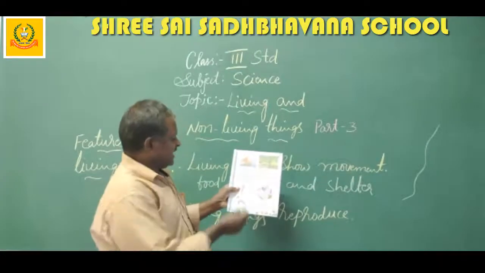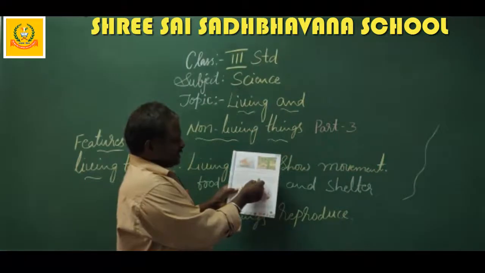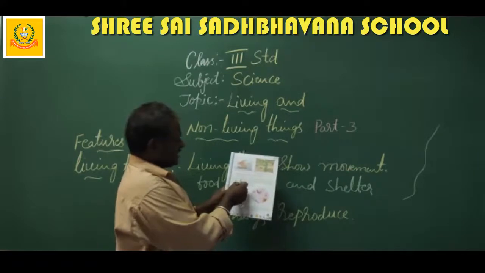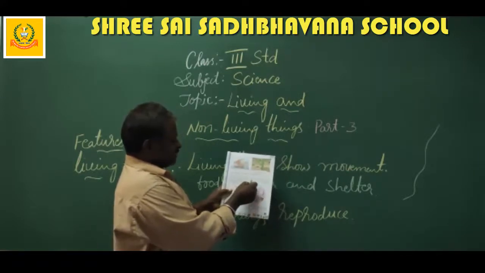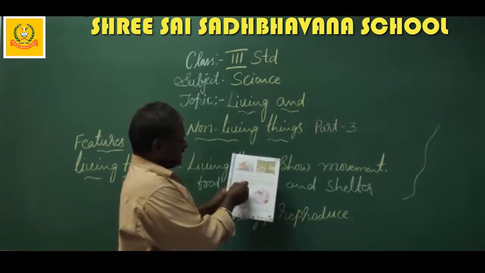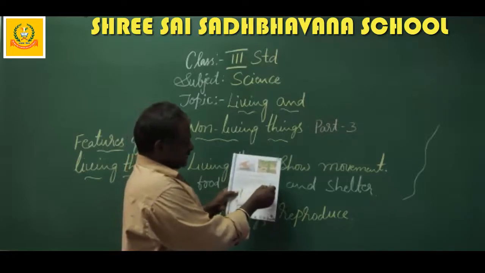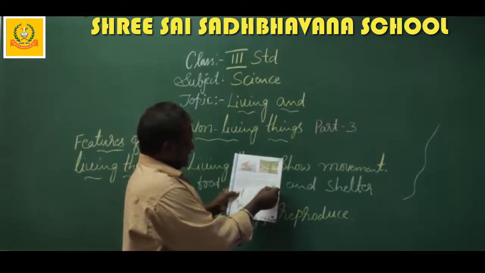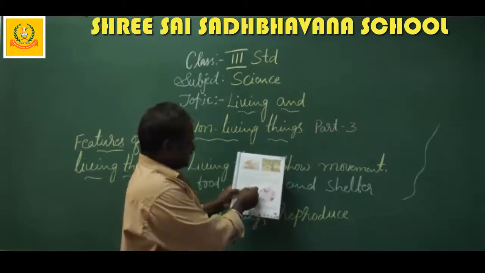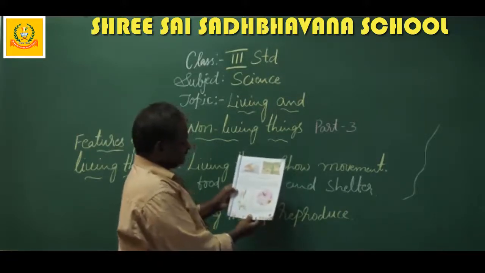Once again I will repeat. Living things have life cycles. So reproduction is an important part of their life. All living things are capable of reproducing their own kind. Human beings and animals like cat, dog, cow and lion give birth to their young ones. Birds, fishes, snakes lay eggs and the young ones hatch out of the eggs. Most new plants arise from the seeds produced by an adult plant.